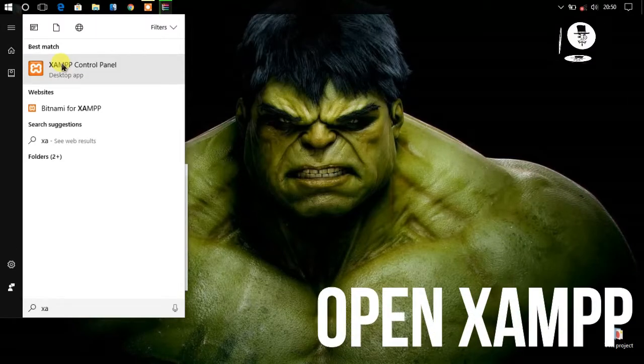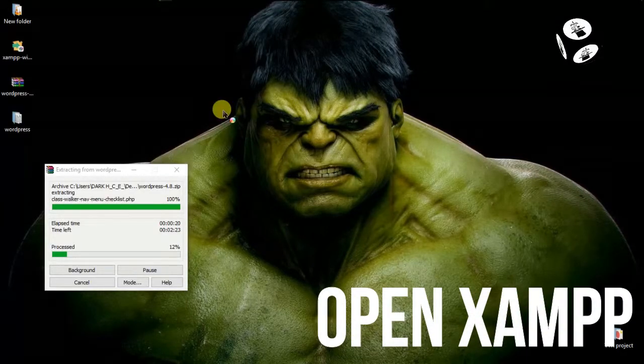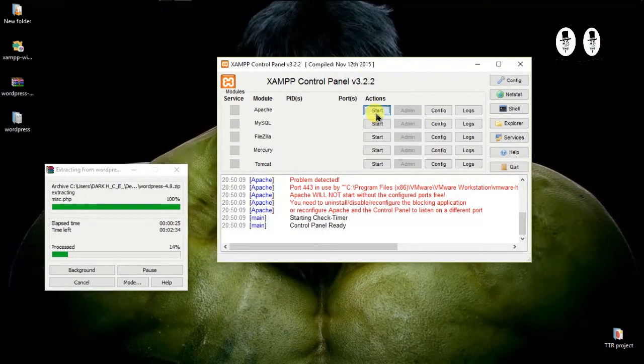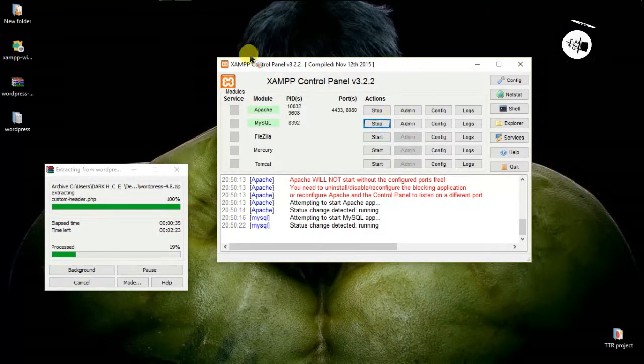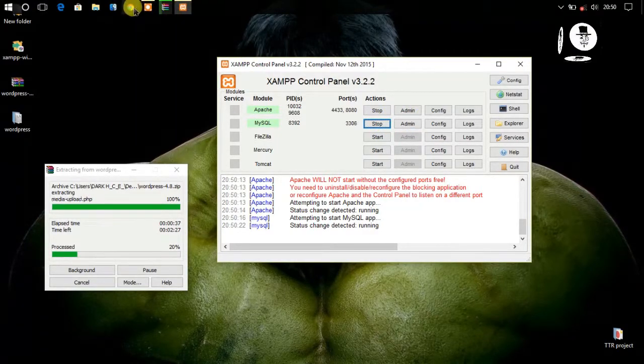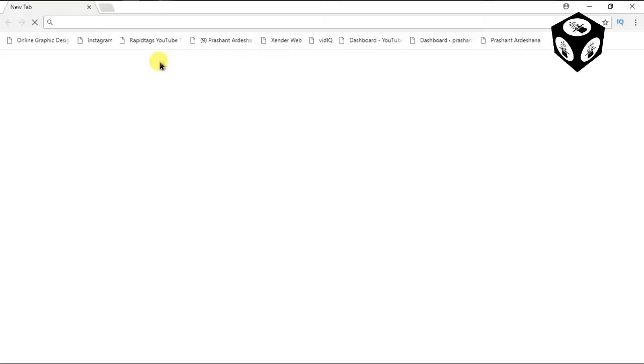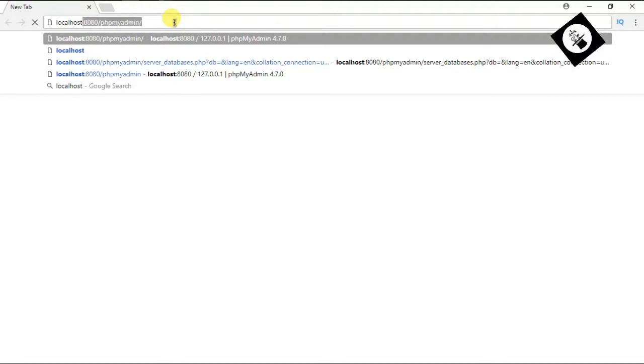Open the XAMPP server. Start Apache and MySQL. Open any browser. Then type localhost/php